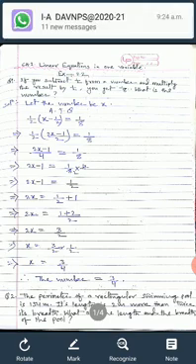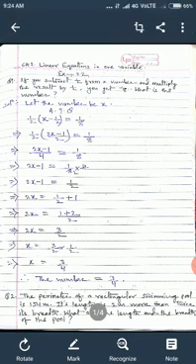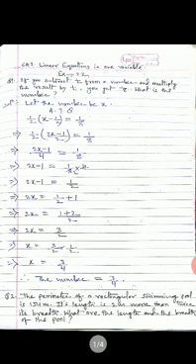It means 1 by 2, and in the bracket x minus 1 by 2. So we have to take LCM 2. So now 2x minus 1 whole divided by 2, and outside we have 1 by 2, is equal to 1 by 8. That means 2x minus 1 by 4 is equal to 1 by 8. The 2x minus 1 is equal to 1 by 8 into 4, because here the 4 is in division form, so that's why we multiply on the RHS. The 2x minus 1 is equal to 1 by 2.